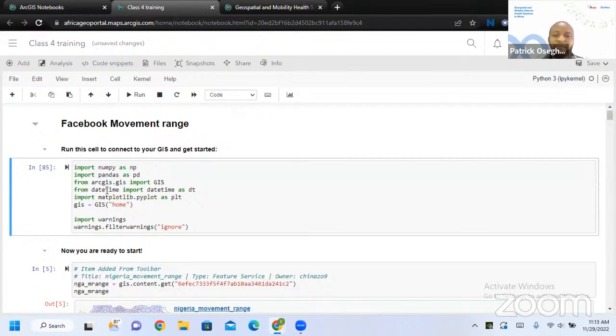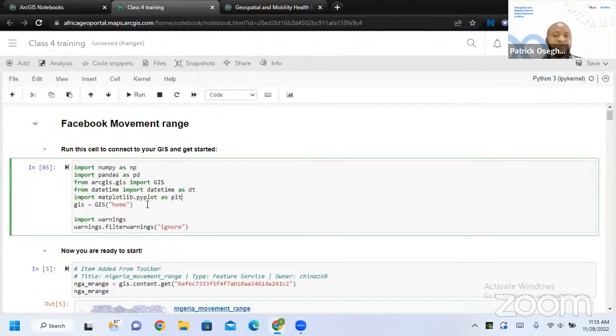And this is the time library, which helps you to get the current time and date, or if you want to go back and take the time from this day last year, it brings the function for you. I'll also be using matplotlib, which helps you to visualize your data.